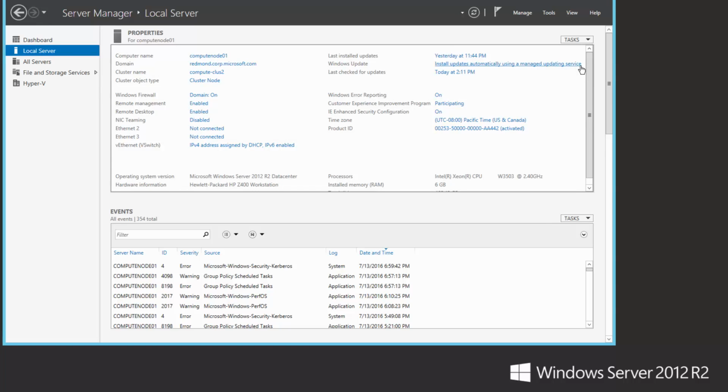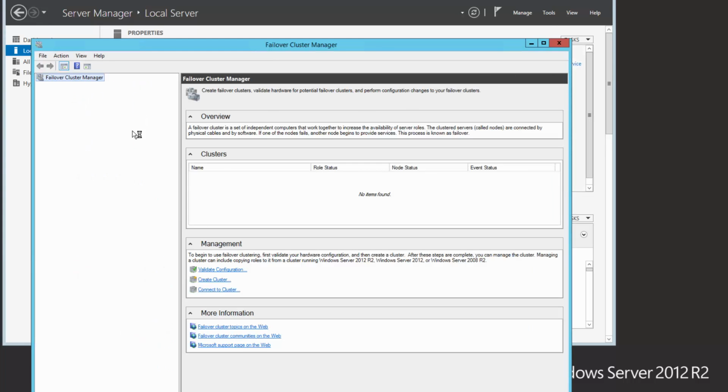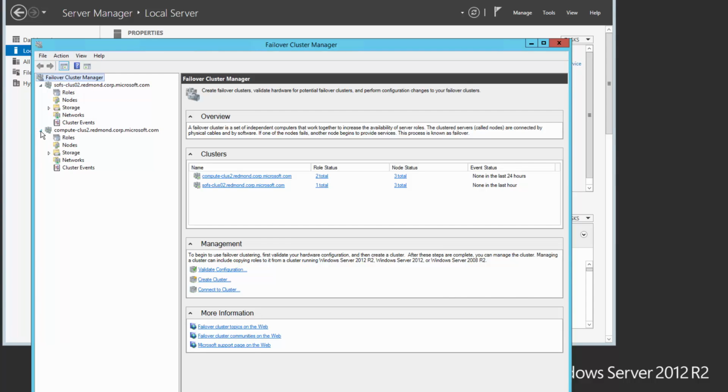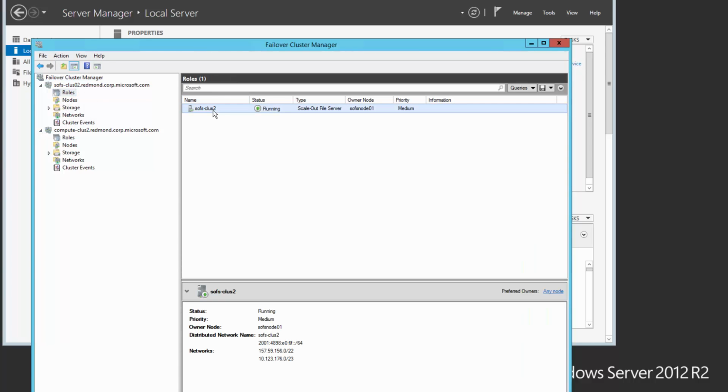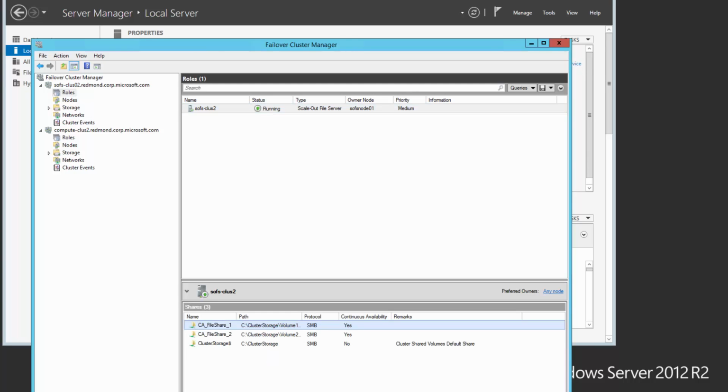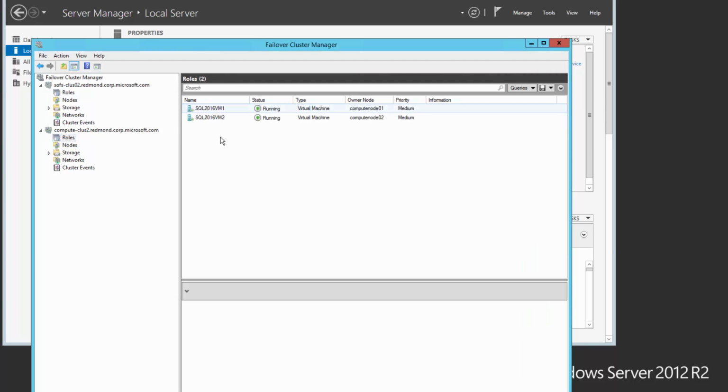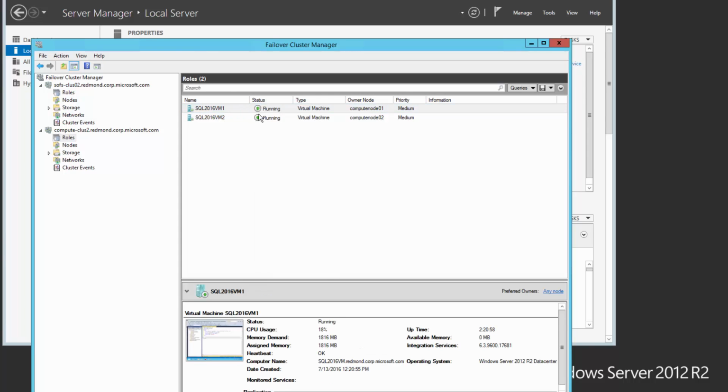Let's run the Failover Cluster Manager UI. Here you can see I'm already connected to R2 clusters. In the Scale-Out File Server cluster, I have one role, that's the Scale-Out File Server, and it has two shares. Continuously available File Share 1 and continuously available File Share 2. On the Hyper-V compute cluster, I have two VMs that are using that storage. SQL 2016 VM1,